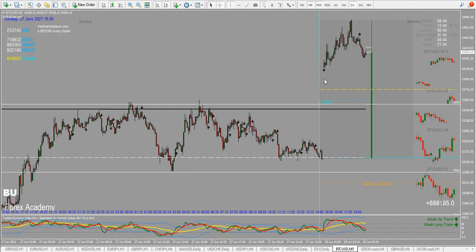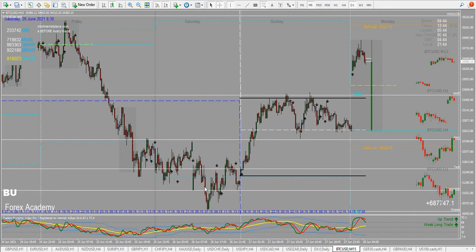Wow. This is a hell of a gap on Bitcoin, showing the bulls are ready to take on this market. And then this is Saturday's low that they didn't come to test, or they came to test here, and then